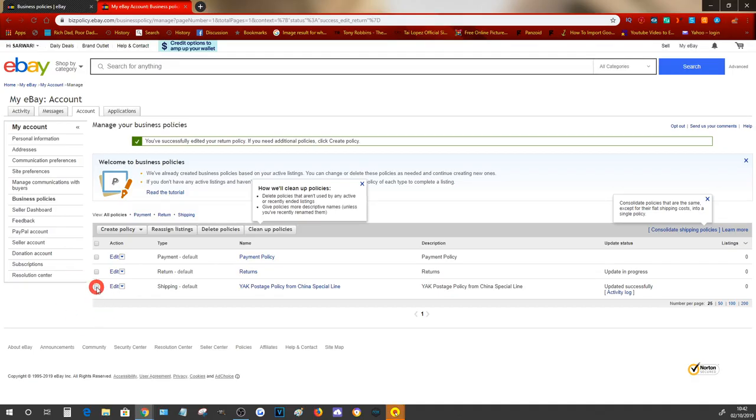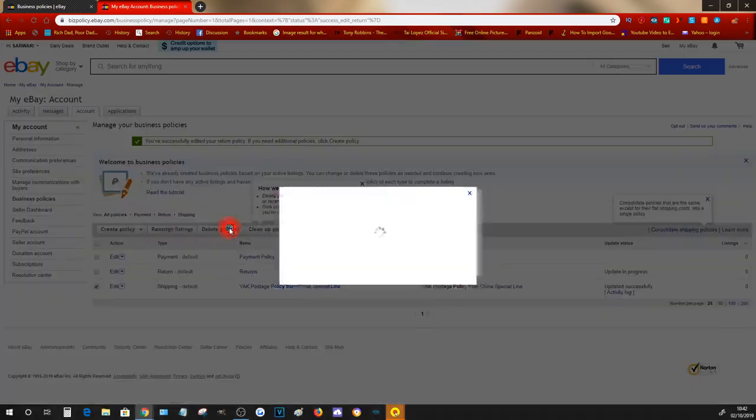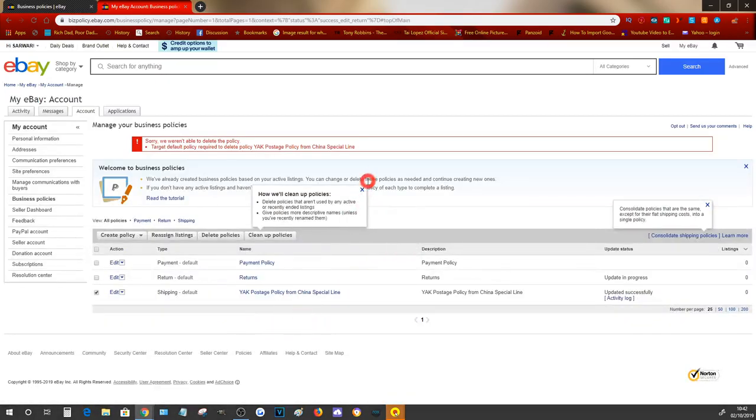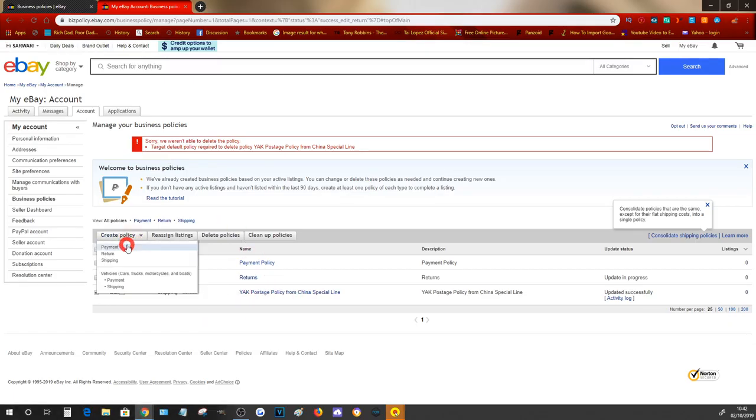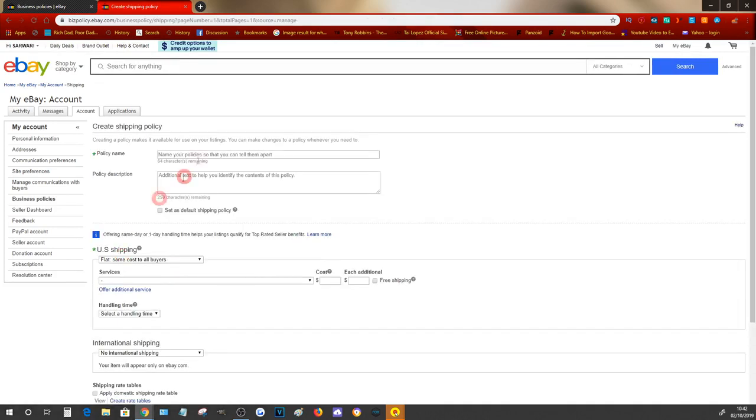We're going to create two shipping policies, and I'm going to create this from scratch. Actually, it won't let me delete it, because you need to keep a default policy. So what I'm going to do is create a new shipping policy, and you're going to use this. The first one we're going to name as YAK,